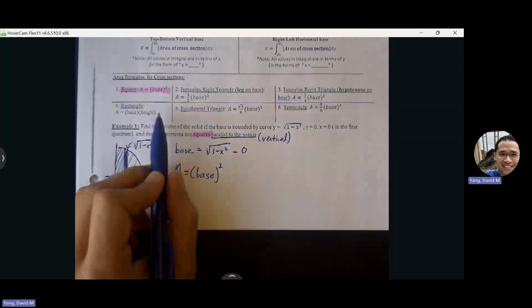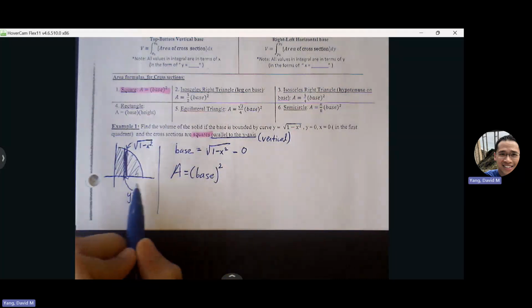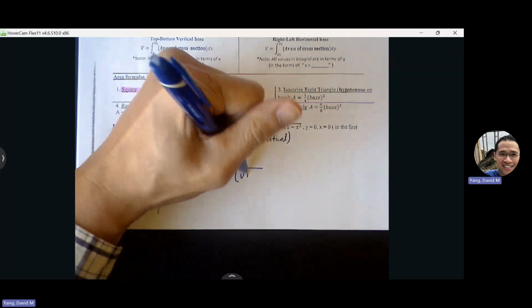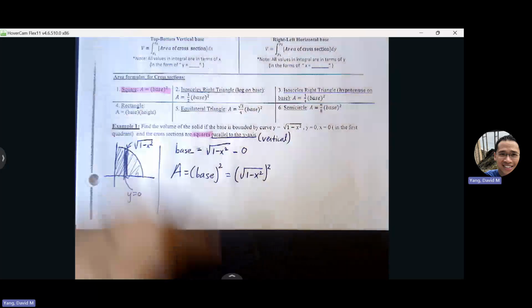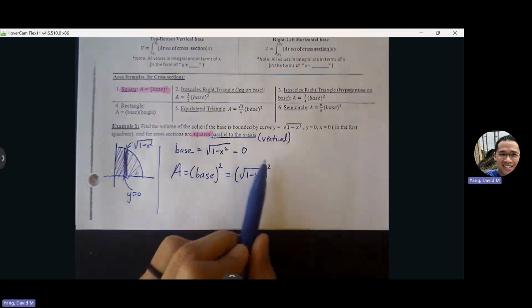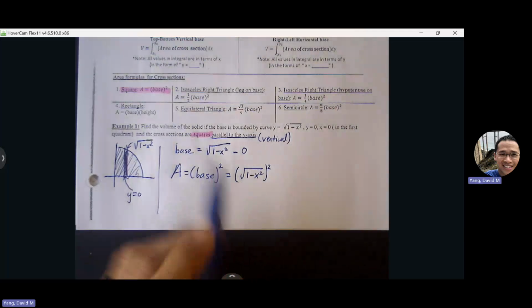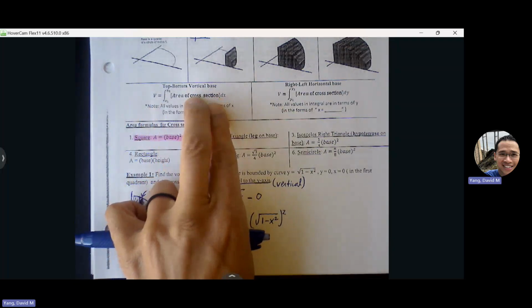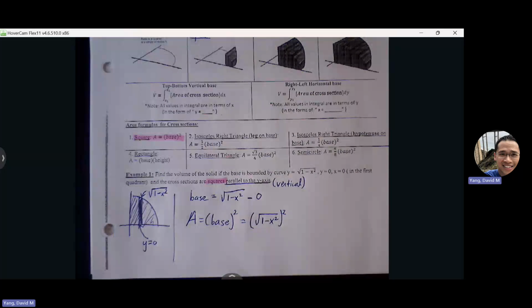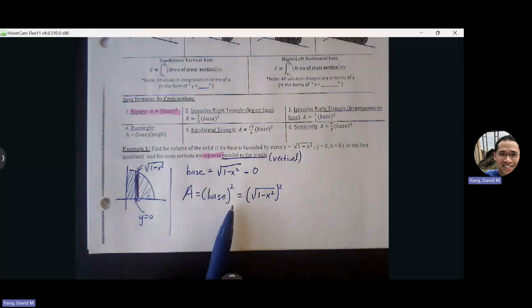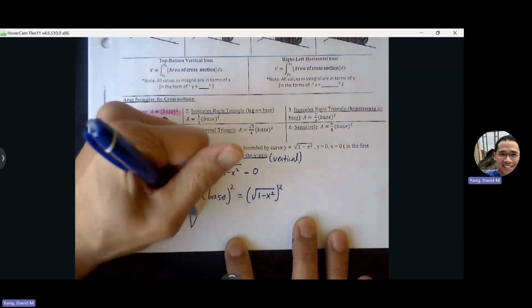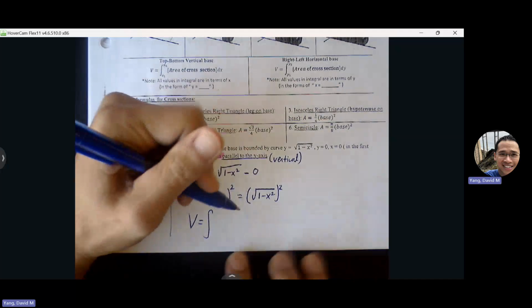This is just a square, so just base squared, basically length times height, with length and height being the same. So in this case, my base squared is just root 1 minus x squared. And then once we have the two-dimensional information, we're going to give it that third dimension. And that third dimension is just putting an integral around it. So right now we have area, and then we put the integral around it, and it gives it that third dimension. We're basically accumulating all these individual squares from one end of the boundary to the other. So our volume is just the integral of our area